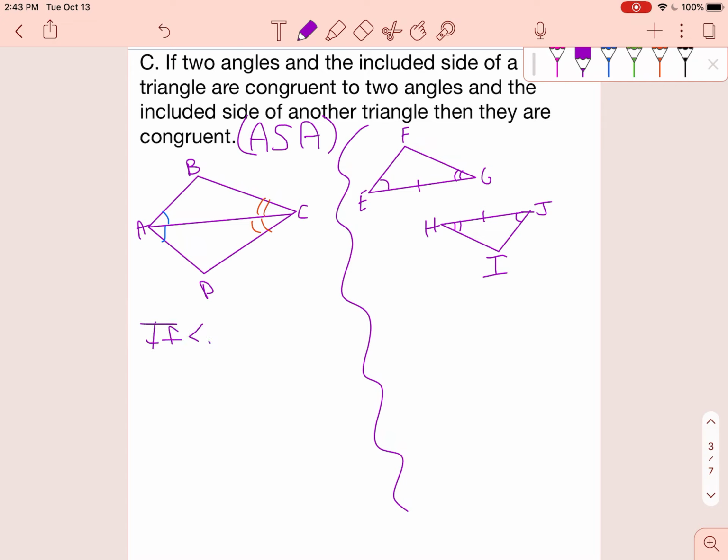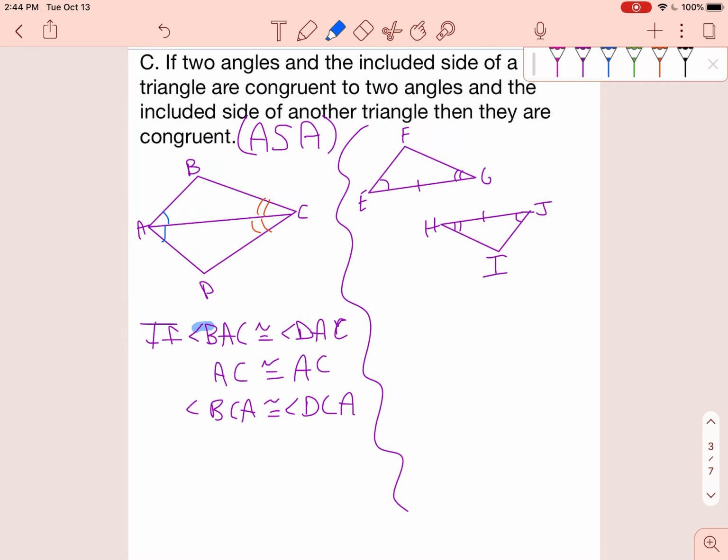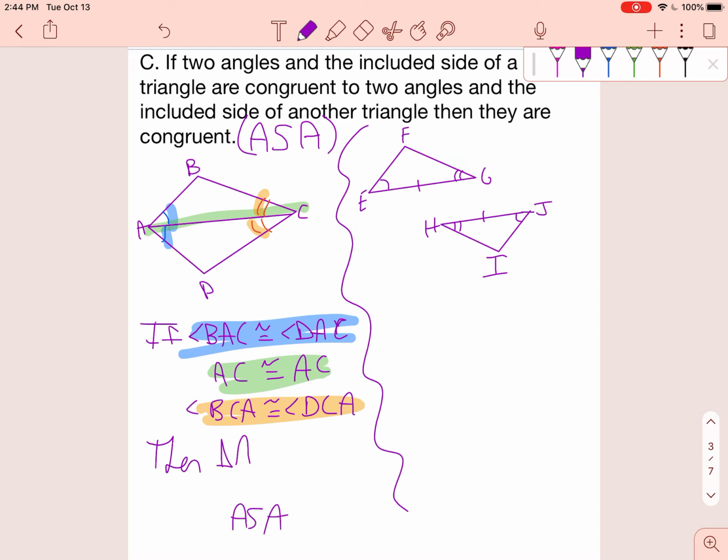So if, again, don't tell me angle A, if angle BAC is congruent to angle DAC, and it is, I see the blue little tick marks, and the included side, which we have, AC is congruent to AC, and angle BCA is congruent to angle DCA. Those are the orange ones. So I have the blue angles that are equal to each other. They told me that, okay? They told me that. I have this reflexive side right here, which we are always allowed to pull out, and I have this orange angle equal to this orange angle. Now I can say that these triangles are congruent because of angle side angle. So triangle ABC is congruent to triangle ADC